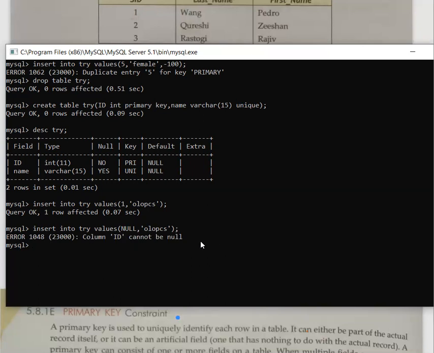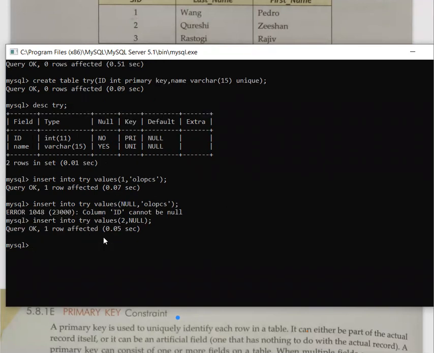Primary key cannot be null, so I need to change it. Even I cannot give one value because it is unique. And for OLO PCS, if I write null in this particular case, you can see it is working perfectly. It means in a unique key you can insert a null value, but in a primary key we cannot insert a null value. This is the first difference.